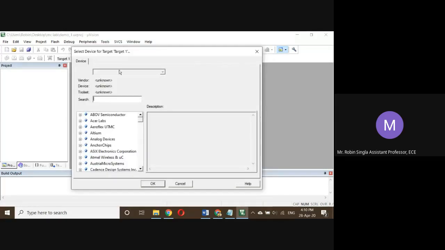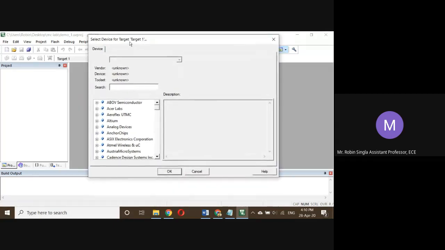Then it will ask us to select the microcontroller. If you remember, the software in your lab will show the device list here, but here it will not. So here you have to go to Microchip and then select the microcontroller whichever you want.